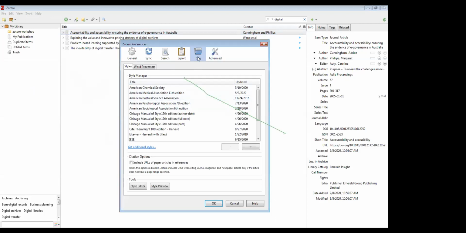If you click on the site, you can select the style, basically what you want for your bibliographies, like American Chemical style, APA, all the styles are available here. But these styles are very limited here. By clicking on Get Additional Styles, the style that you like, you can add and just select this style so that your references will be generated in that particular style.